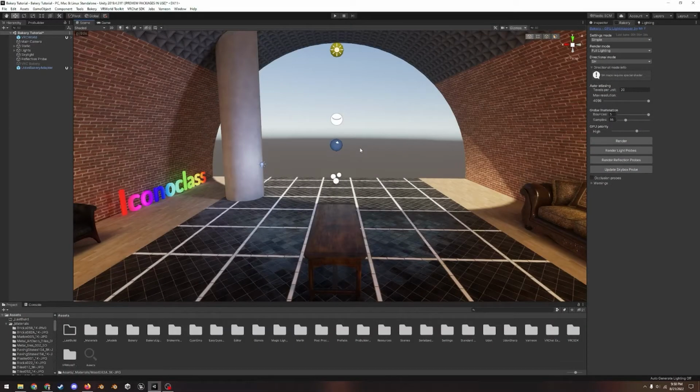This scene is clearly not the most realistic in terms of models and composition, but it's one I put together relatively quickly in order to showcase the features, benefits, and downsides of Bakery. This scene includes multiple lights of varying types that are shining on the same surfaces, something which Unity's default Lightmapper